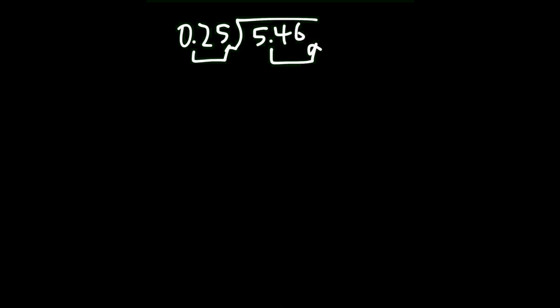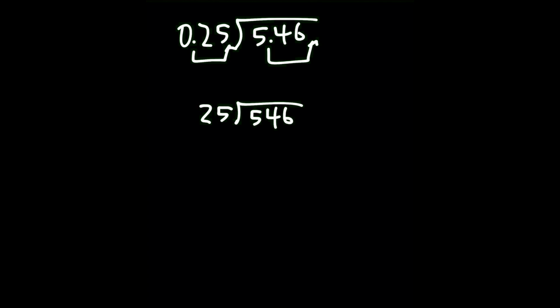Okay, we're going to start with 25 hundredths here and 5 and 46 hundredths here. I'm going to move the decimal over two places. So what I've done is just multiplied the outside by 100 and multiplied the inside by 100. So now I'm going to rewrite this and set it up for long division as